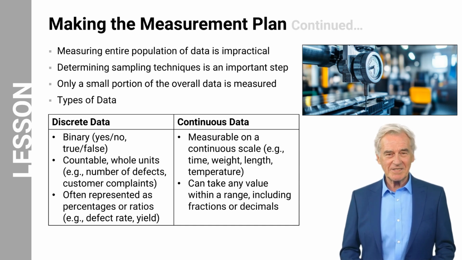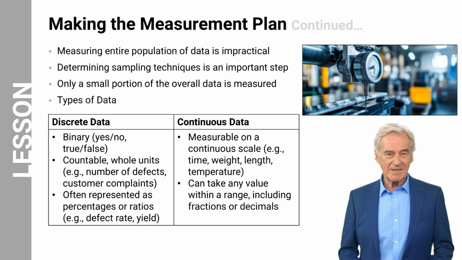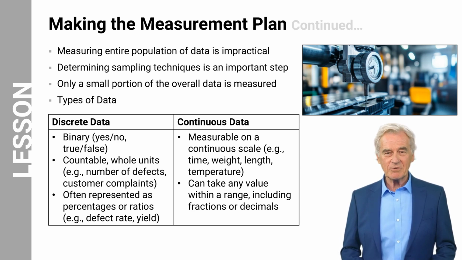Data can be categorized into two main types: discrete and continuous. Discrete data includes binary information, such as yes, no, or true, false responses, and countable whole units like the number of defects or customer complaints. This type of data is often represented as percentages or ratios, such as defect rates or yield. On the other hand, continuous data is measurable on a continuous scale and includes variables like time, weight, length, or temperature. Unlike discrete data, continuous data can take any value within a range, including fractions or decimals,